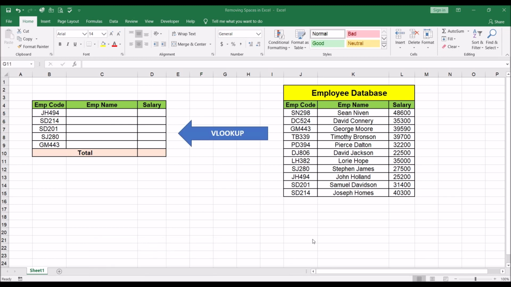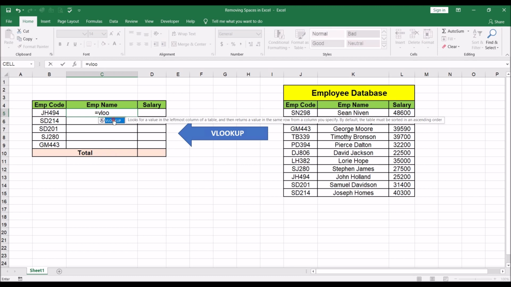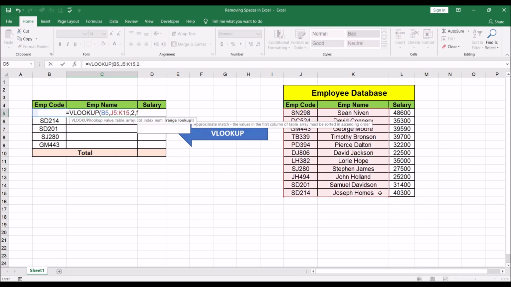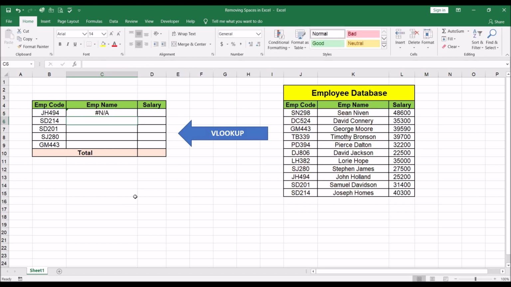So we will be using Vlookup to pull in information from this database in here. Okay. So let's get started. Vlookup. We're looking up this code in this database, 2 columns, and I am going to lock this range. That's this range here, so I can drag this formula down,